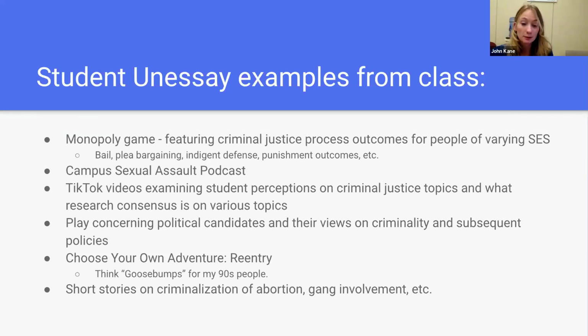It was actually a group of students. So this was an example of students working together as a group in an Unessay, which they enjoyed. They were able to work on each other's strengths. Some students were a little camera shy, so they worked on the editing of their videos. It was a pretty fun project to follow.